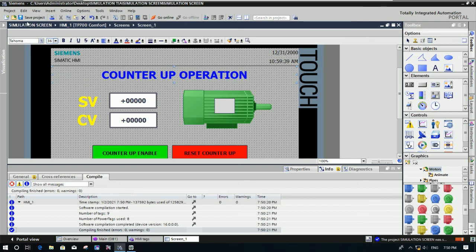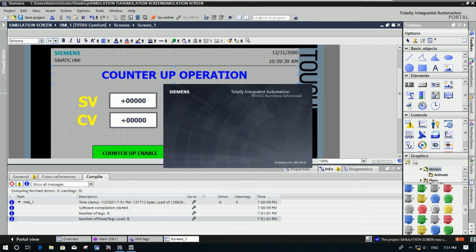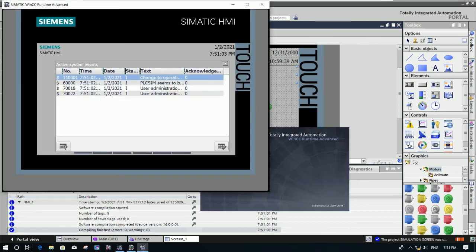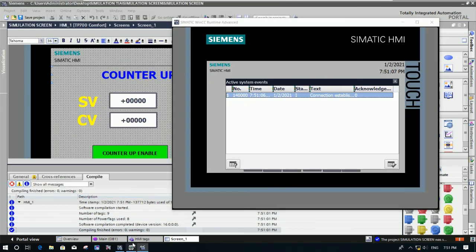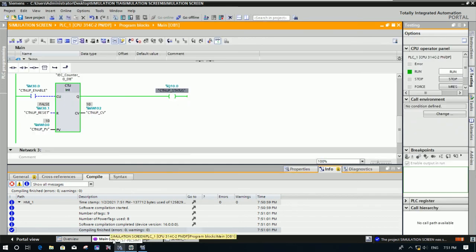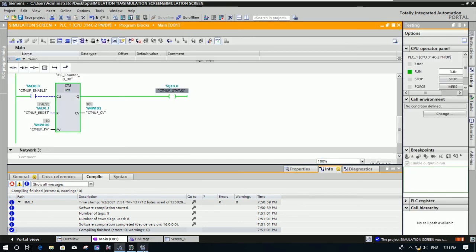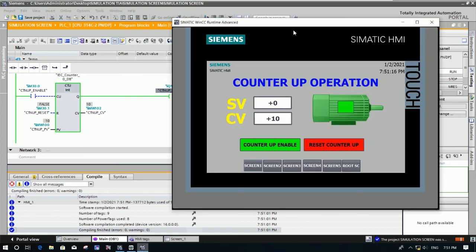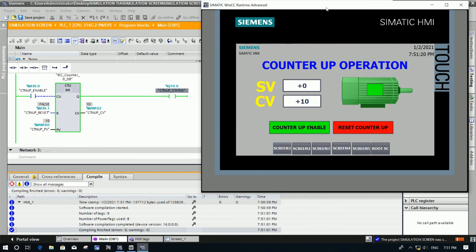Okay. Then we save the project and then we test again. Okay. So it is just an example for reference about how to simulate the counter up on the software